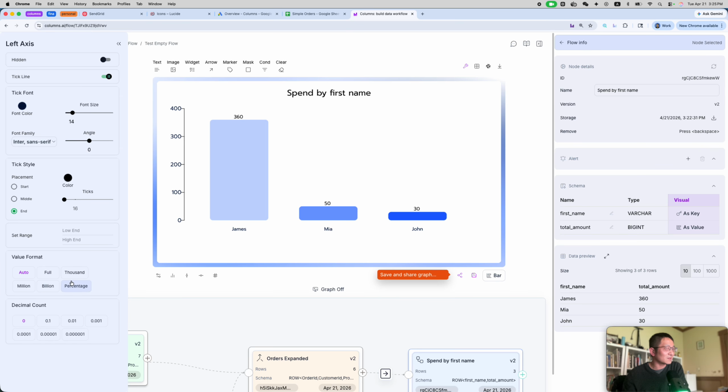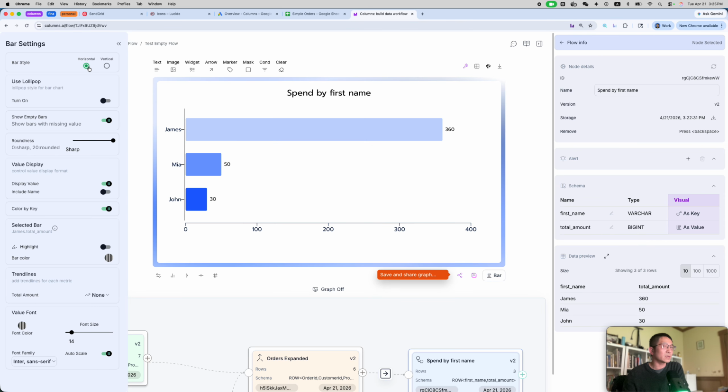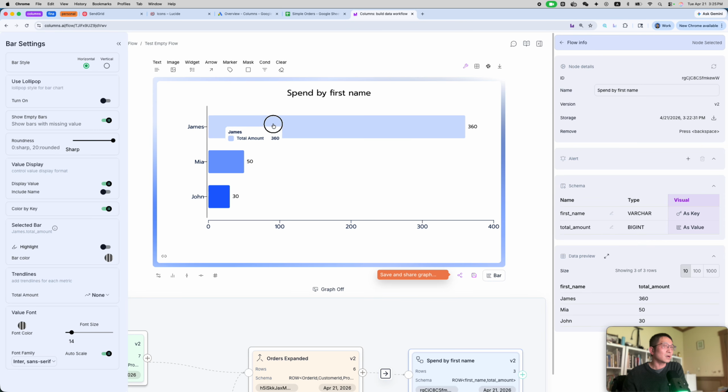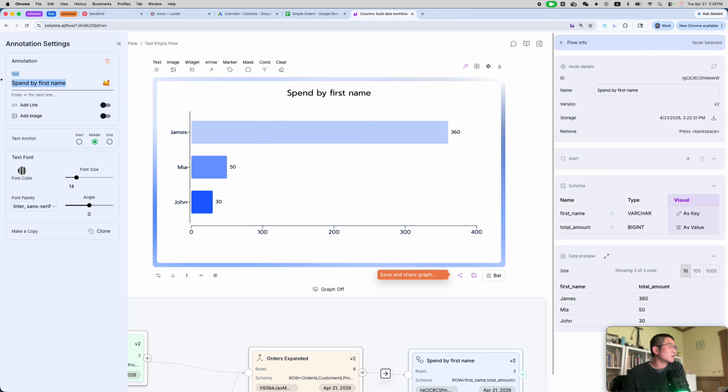Decimal count format. All right, and I can click the bar chart to have more options. I can make it horizontal if I want. I can move it around. It's not just a chart, like I said, right? And this is automatically generated. I can customize it, change it, or I can add,